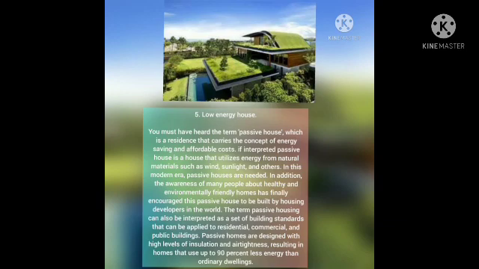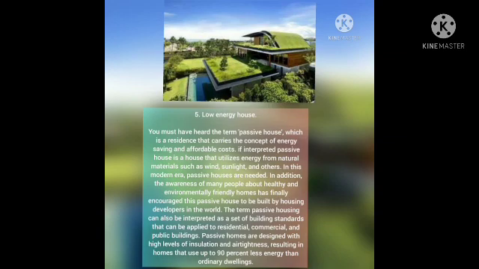5. Low energy house. You must have heard the term passive house, which is a residence that carries the concept of energy saving and affordable costs. If interpreted, a passive house is a house that utilizes energy from natural sources such as wind, sunlight, and others.